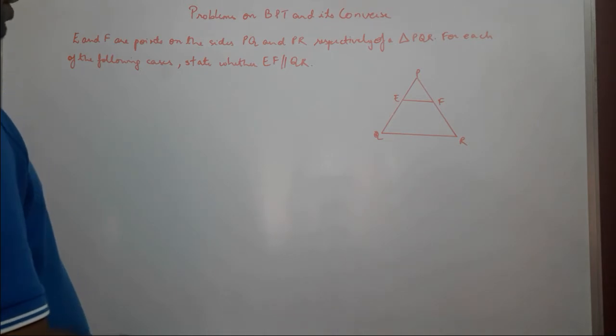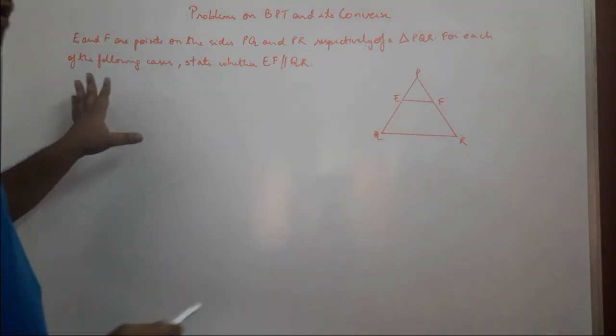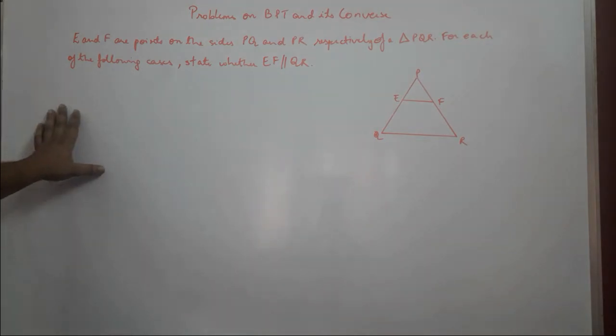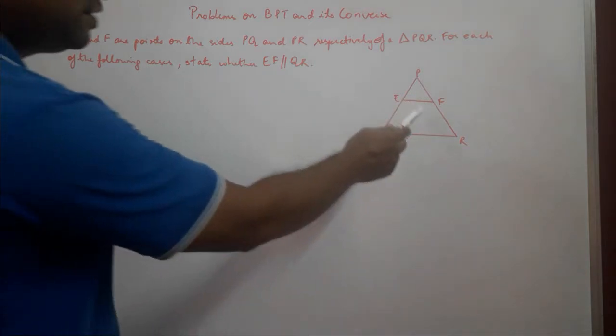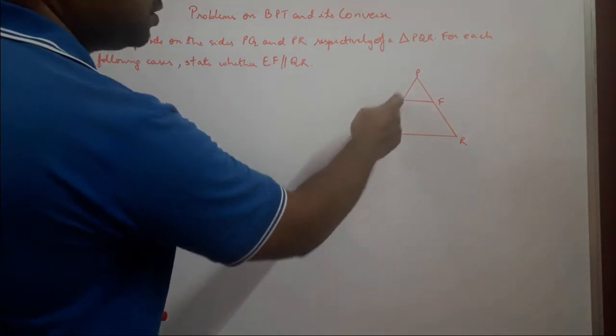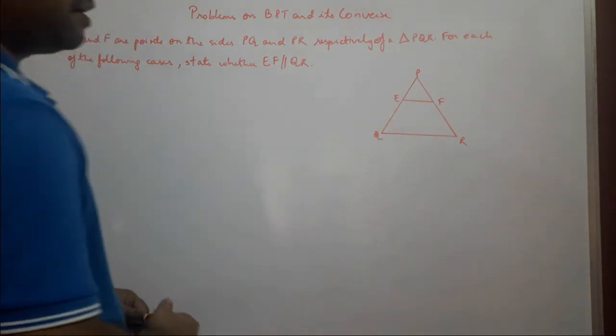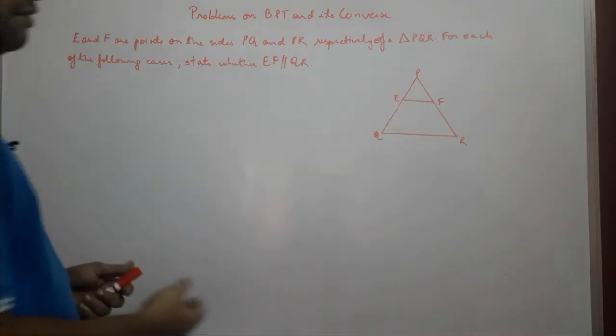For each of the following cases, state whether EF is parallel to QR. Now there are 3 questions under this. We will have to check for each one of them whether EF is parallel to QR. So we will be given the lengths of these sides, and from there we have to deduce whether EF is